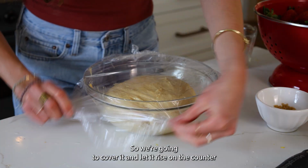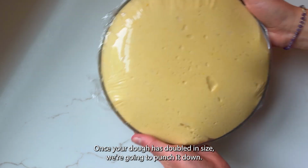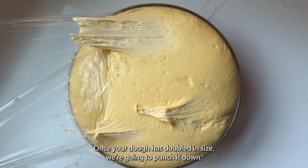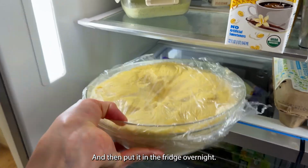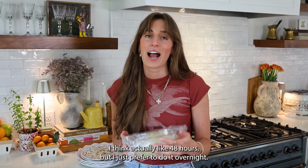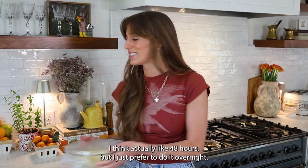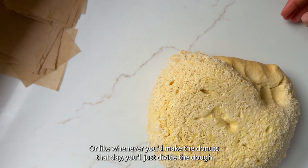So we're going to cover it and let it rise on the counter for about 2 hours until it's doubled in size. Once your dough has doubled in size, we're going to punch it down, recover it, that's all you have to do, and then put it in the fridge overnight. You can leave it there for up to 24, I think actually 48 hours, but I just prefer to do it overnight. Next morning, or whenever you make the donuts that day, you'll just divide the dough out